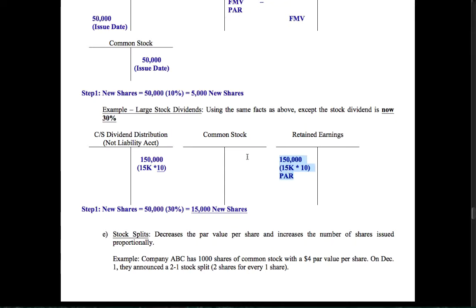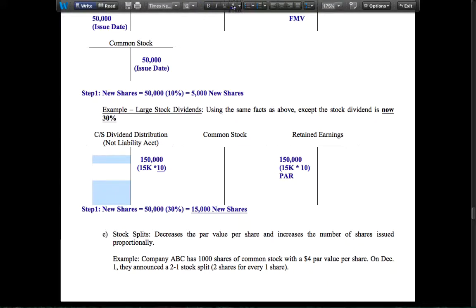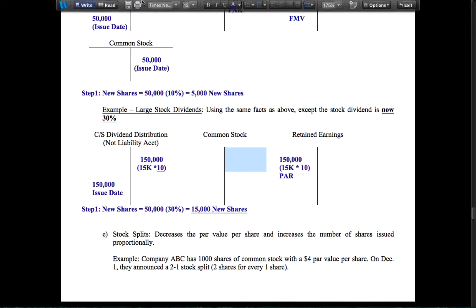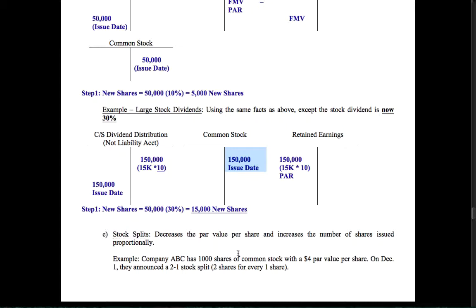At the date of record, we know there is no accounting entries. Therefore, at the date of issuance, all we need to do is remove this account. This is reflecting the fact that we are paying the $150,000 common stock dividend, and then we are going to increase our common stock. Therefore, going back to the concept of transfer from earned capital to contributed capital, we removed